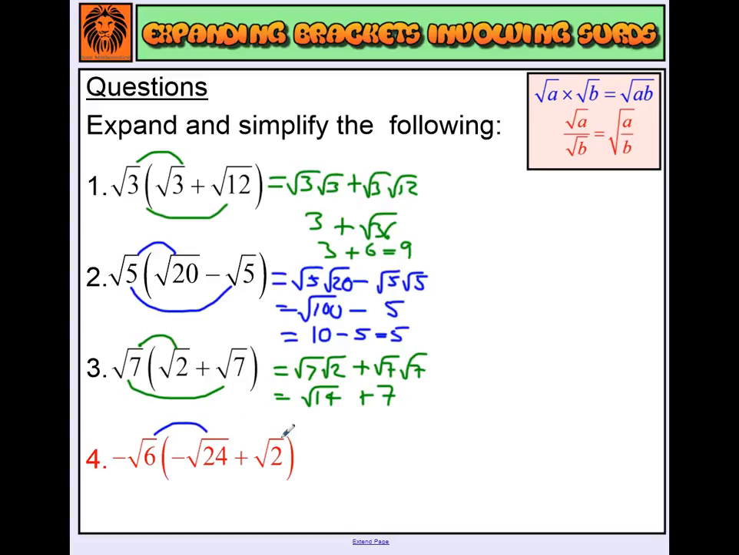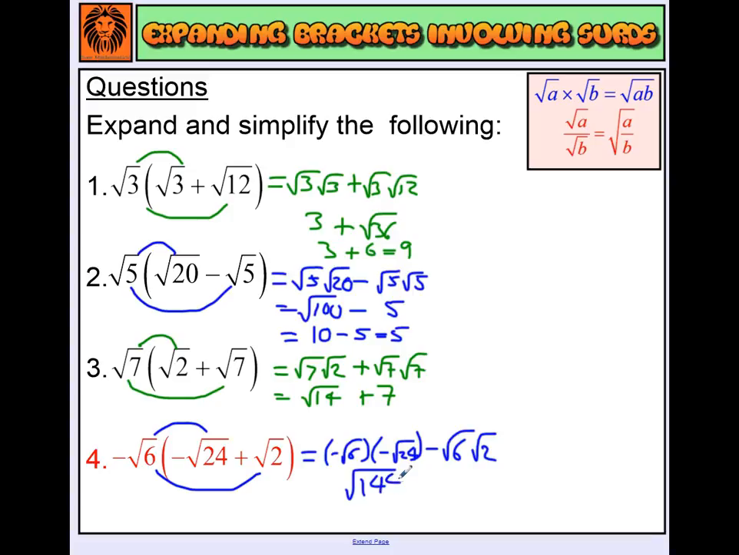Now moving on to a more challenging question, we can see that we have negative root 6 multiplied by negative root 24 times negative root 6 multiplied by root 2. So now, if we're neatening this up, we can see that we're going to have root 6 times root 24, and because they're both negative, they multiply to make it positive. So this is going to give us root